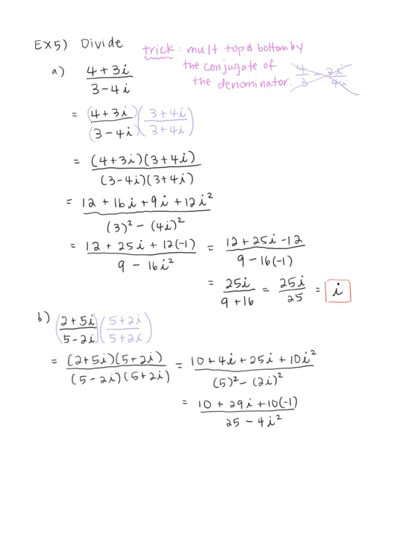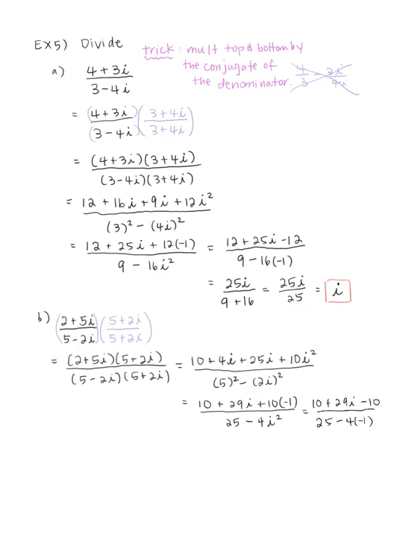Again, I'm trying to do this step by step. If you can do this without going step by step, feel free to do so. But anyways, I'm going to keep going. So this is the same thing as 10 plus 29i minus 10, all over 25 minus 4 times i squared, which is